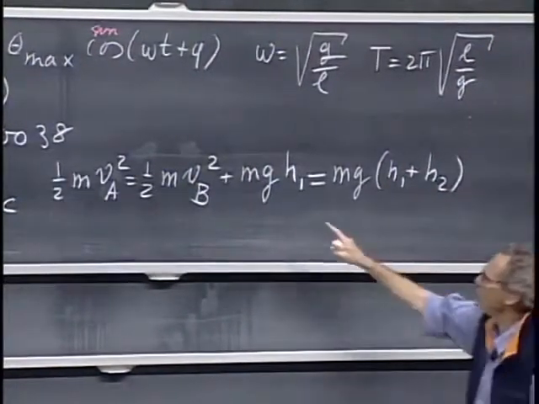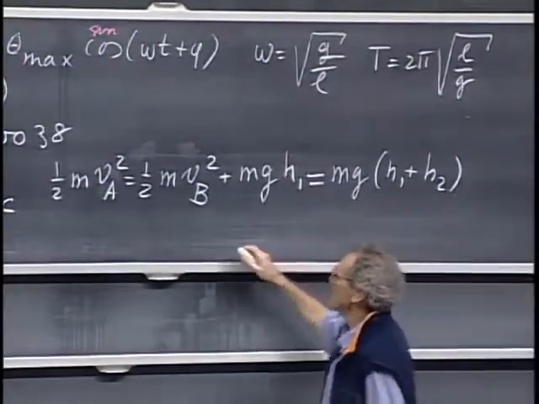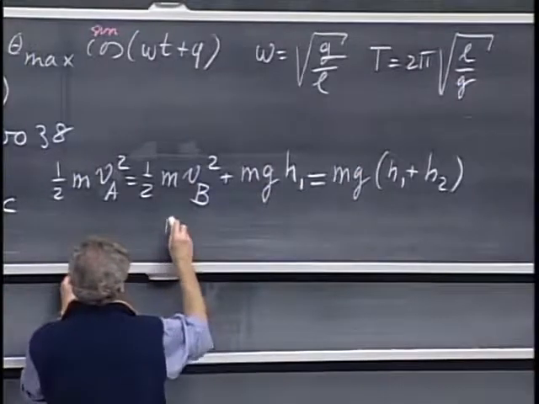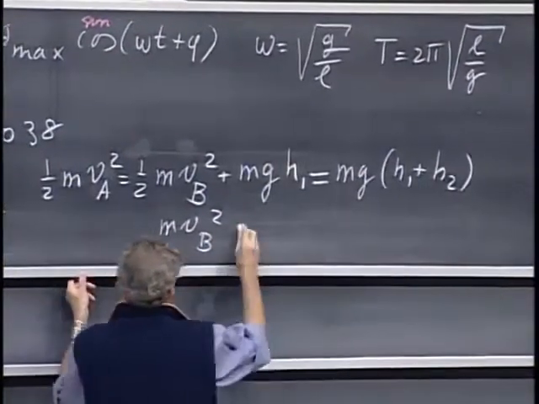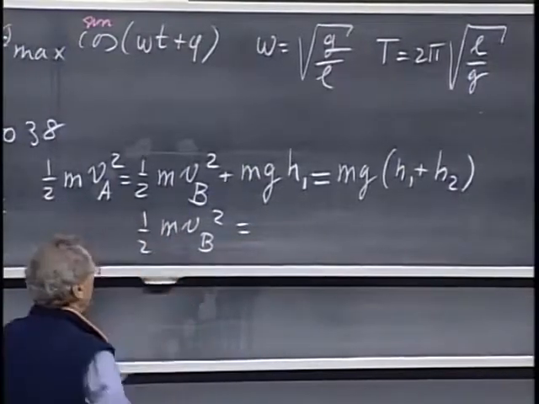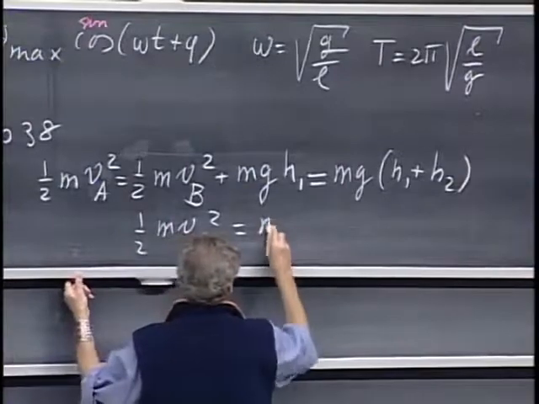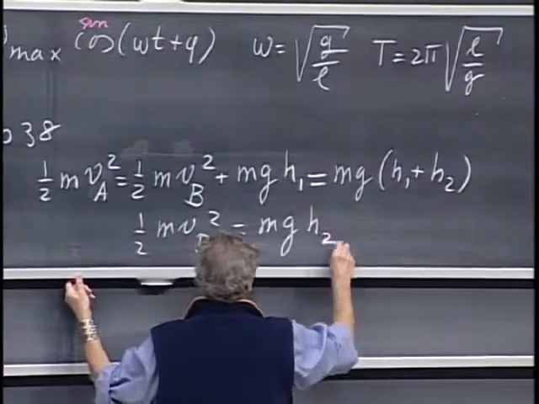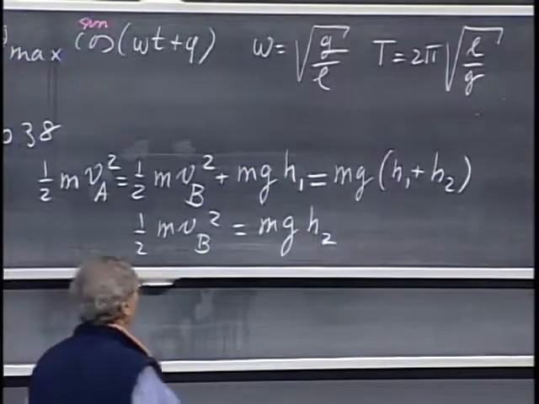And if you compare this part of the equation, you see that you lose mg h1, and so you'll find that 1/2 m Vb squared, carrying the 1/2 for now, equals mg times h2. And so you will find immediately h2